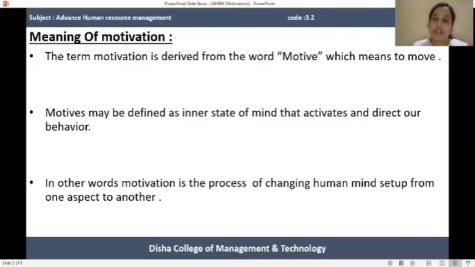Through motivation, the organization is able to change the mindset and the behavior of employees. Motivation helps the organization to improve employees' productivity and performance. Motivation is always internal to the employees. If a person is motivated, then the person is interested to do everything for the betterment of the organization, and they want to do everything in the most effective and efficient way.